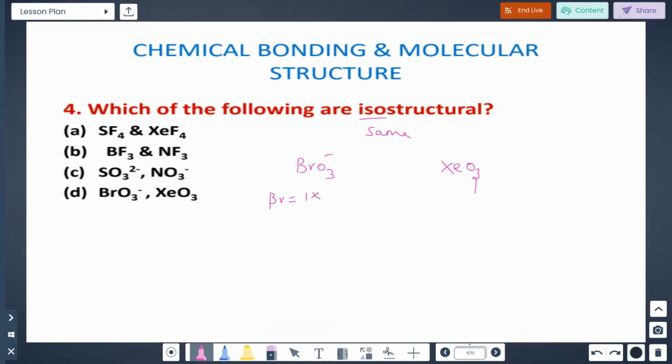So 1 into valence electron is 7. For oxygen, 3 into 6, that is 18. So we have 25. Minus means anion, so add the charge. Plus 1. Start following. Anion means add the charge. So we get 26. Correct or not? Then come to xenon, this molecule. Xenon is an inert gas, and all the inert gases have